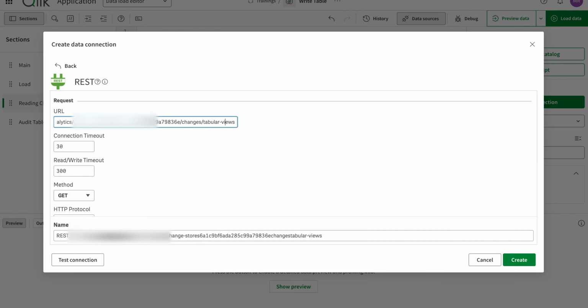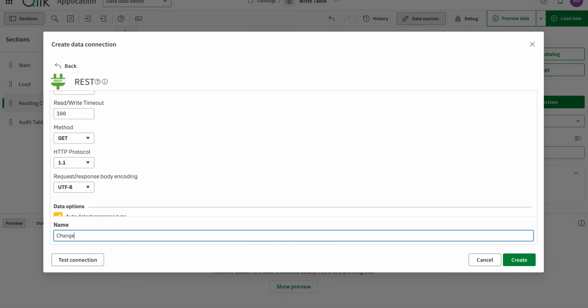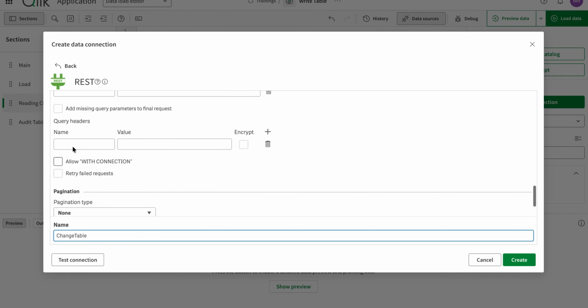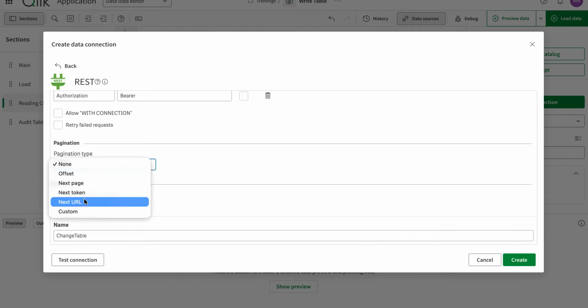Okay, so you have created this one, and the next thing we need to do is rename this one for a better understanding, change table, and a few other updates that we need to do. This one is authorization, and we will say it's bearer token. Okay, we're going to paste the token here. Before I paste the token, one update: I will come back to the token itself, next URL, and it would be